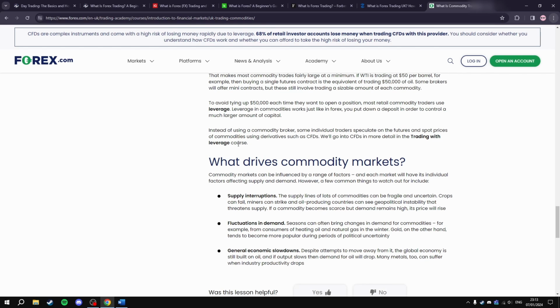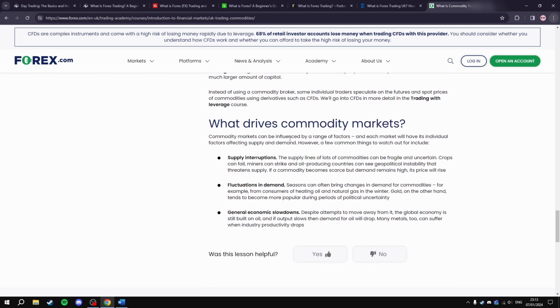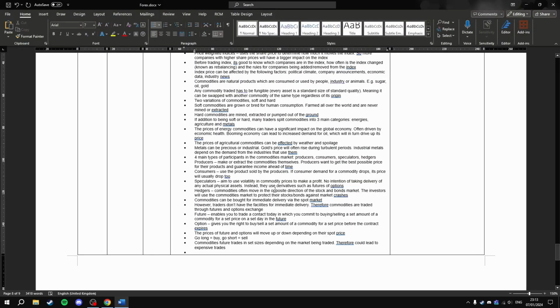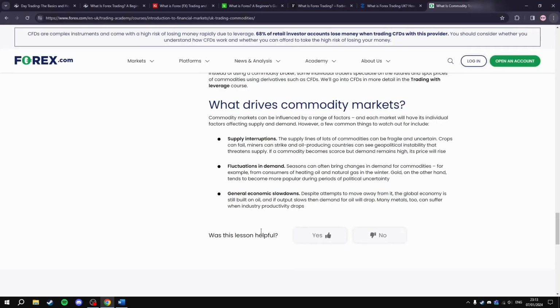What drives commodity markets? Commodity markets can be influenced by a range of factors, and each market will have its individual factors affecting supply and demand. However, a few common things to watch out for include